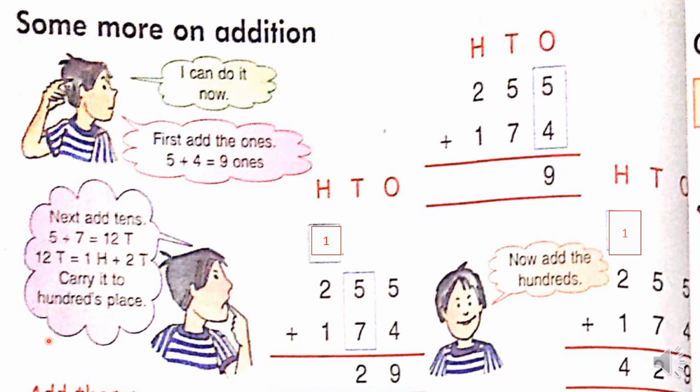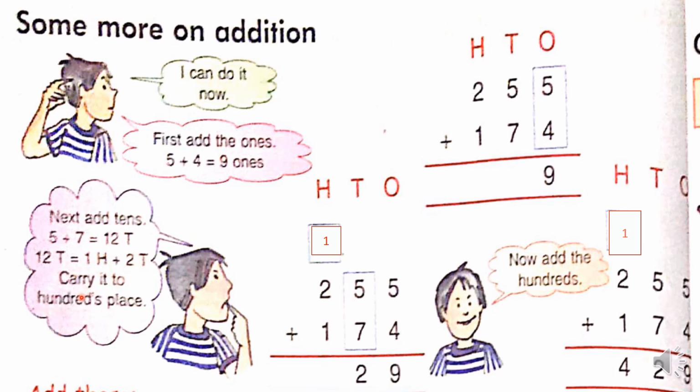Okay. Next step, what are we doing? First add ones, next add tens. So we have to add the tens column. Here two numbers are there, 5 and 7. Which number is bigger, children? 7. So keep 7 in your mind, 5 is in your hand. Open 5 fingers, children. 7, after that 8, 9, 10, 11, 12. So if we add the tens column digits, we get the answer 12. How many tens are there? 12 tens are there. 5 plus 7 is equal to 12 tens.